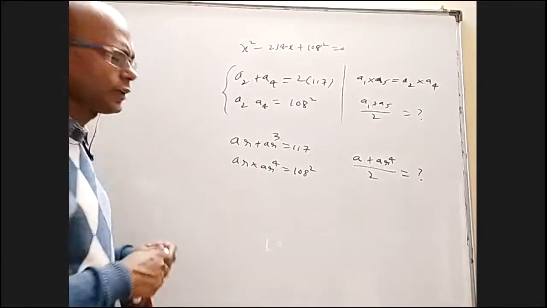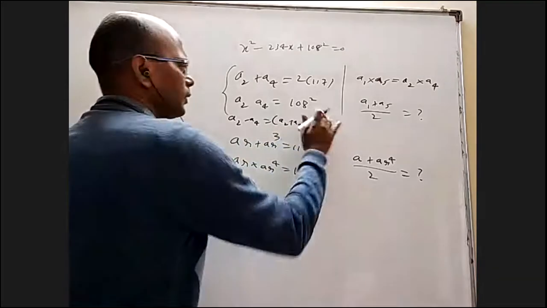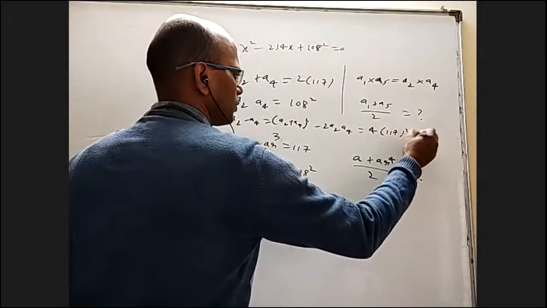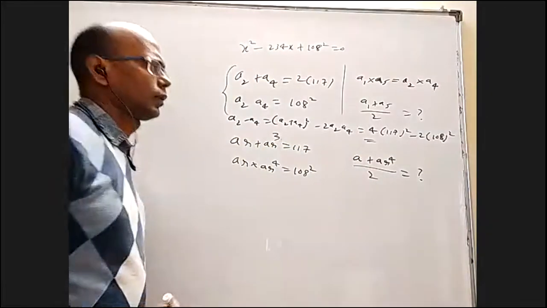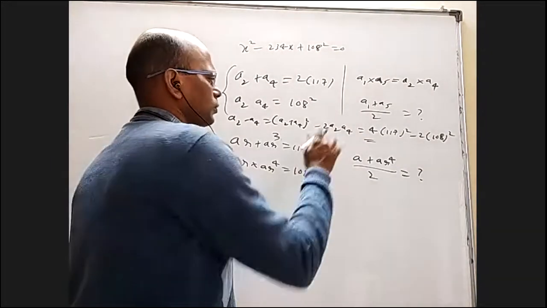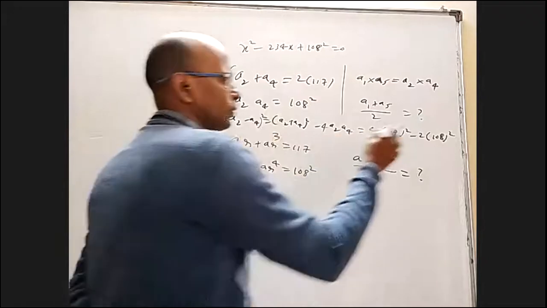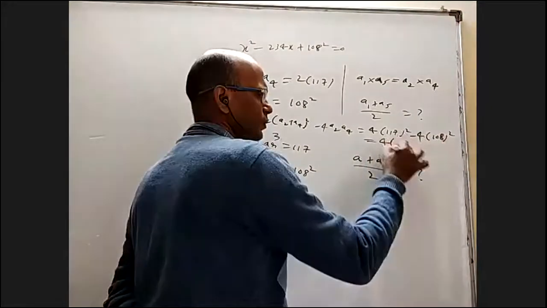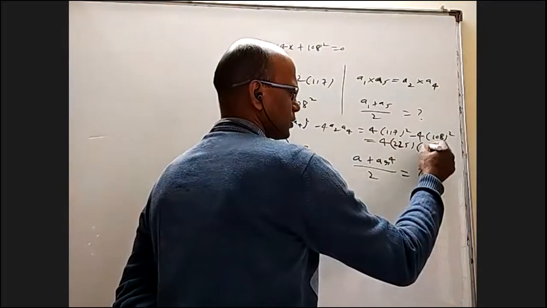Even if somebody wants to find A2 minus A4, I have to write A2 plus A4 whole square minus 4 A2 A4, which is 4 into 117 square minus 4 into 108 whole square. Okay, you can simplify this. This is a whole square under root. So if this is 4 common, it is easier. You don't have to expand this. A square minus b square, you can write a plus b into a minus b. This sum is 225 and this difference is only 9.